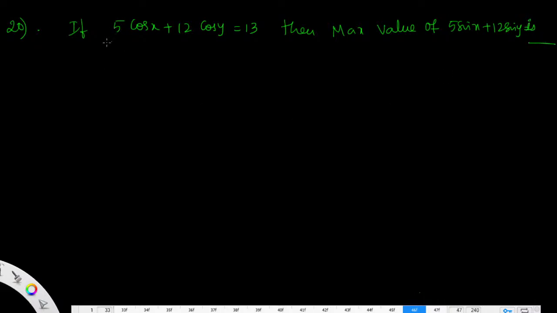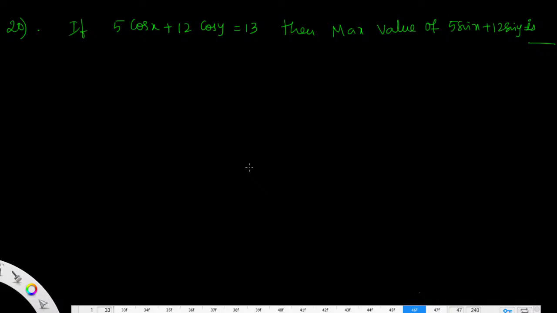This type of concept question we have also done. Whenever such questions are given, I already told you which method can be applied. Such problems lead us to the concept of